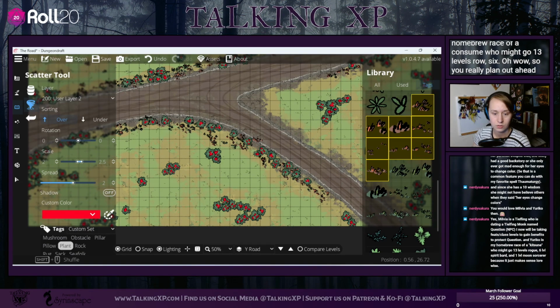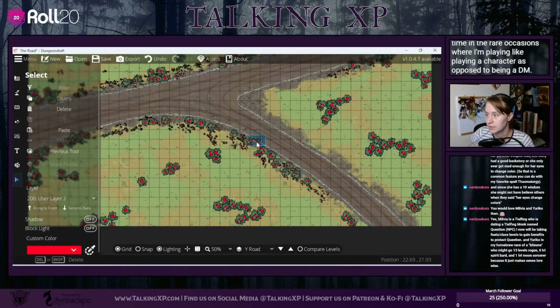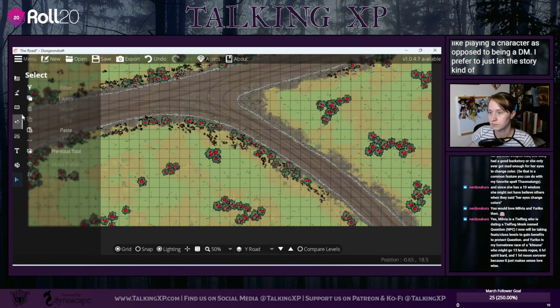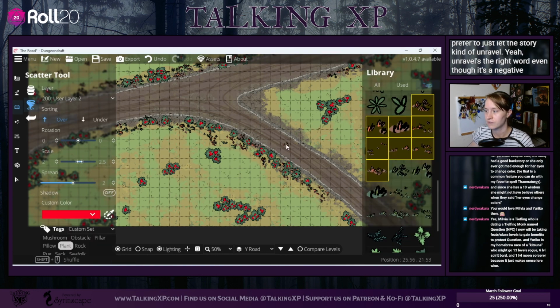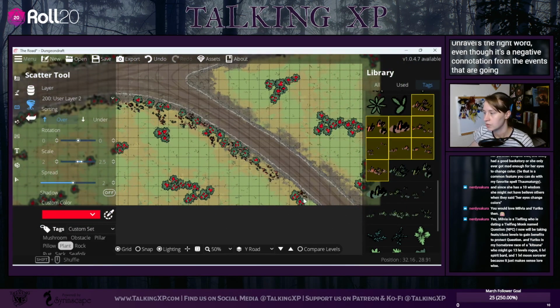Interesting. So you definitely plan out your leveling. I've never been a planner for my character leveling. I don't plan out my characters much ahead of time in the rare occasions where I'm playing a character as opposed to being a DM. I prefer to just let the story kind of unravel. Yeah, unravel is the right word, even though it's a negative connotation, from the events that are going on. So, you know,